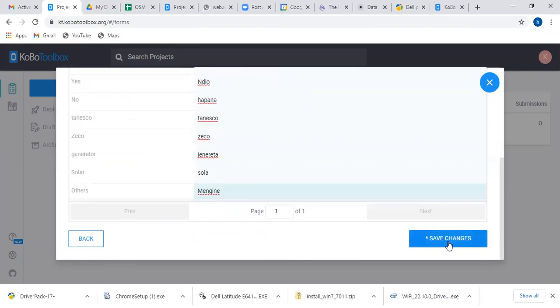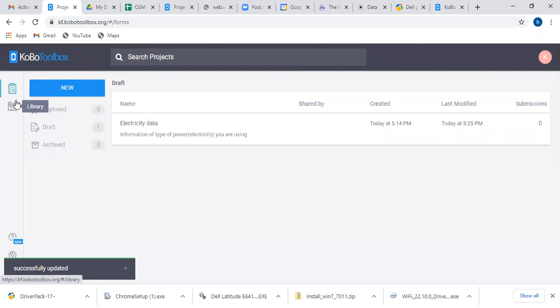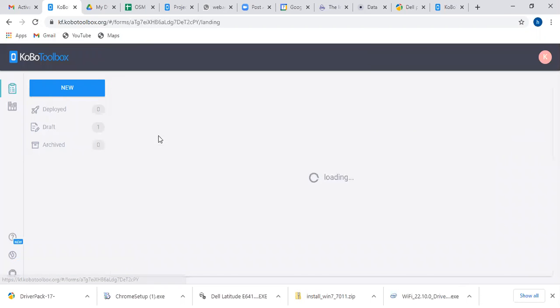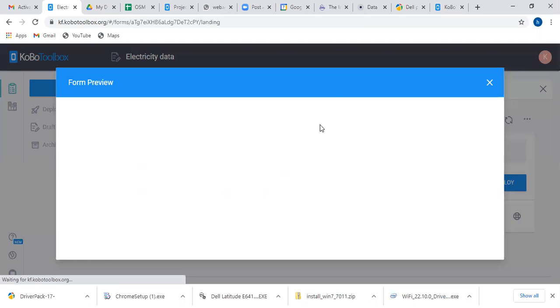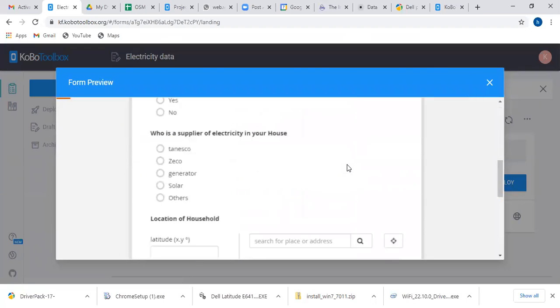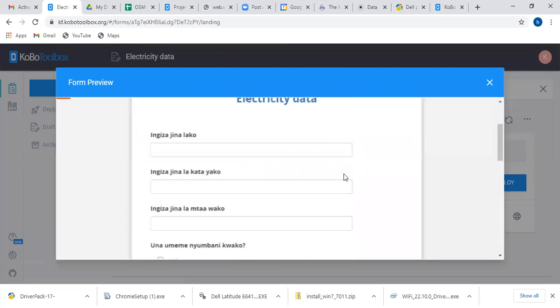Okay, after this, I'm going to save my changes. After saving my changes, going back to preview, I want to preview my form. I'm previewing my form. So this is how it looks in English, and let me select Swahili, and this is how it will look